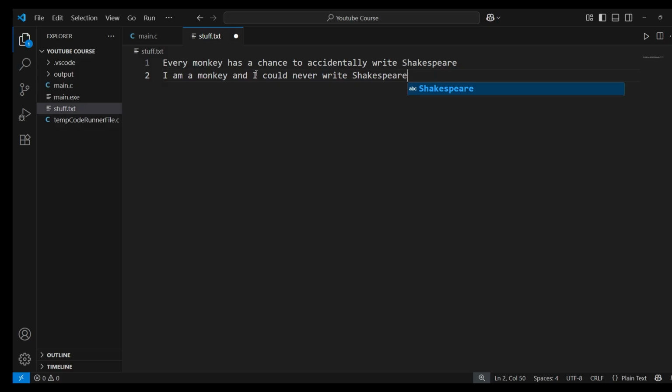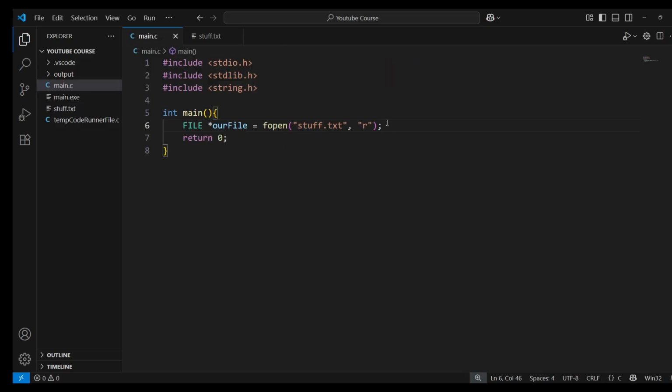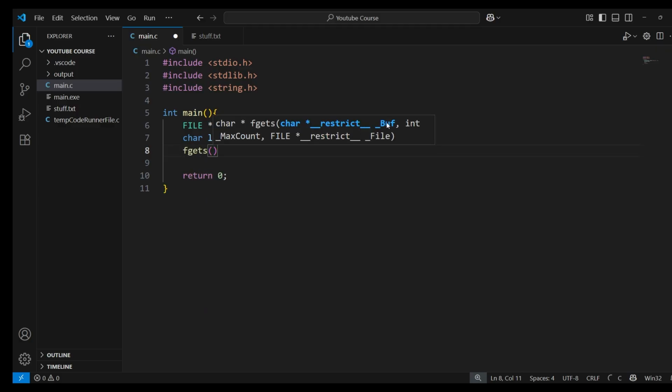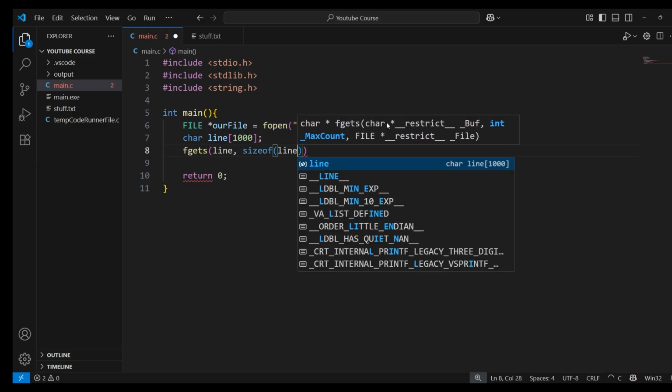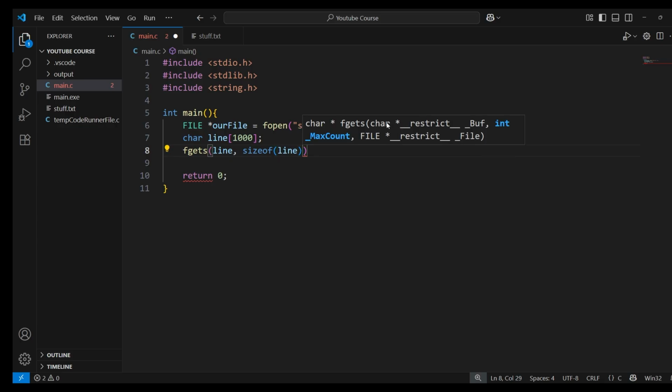Now let's read this from our file. How would we do that? We would first have to make, for example, a string line, and let's make the length of it 1000. Let's read line by line. To read a line, you type fgets and then you type the buffer. So remember, it's the same as reading an input to the string. The buffer is line, sizeof line is the max amount of data that you can input, and the file